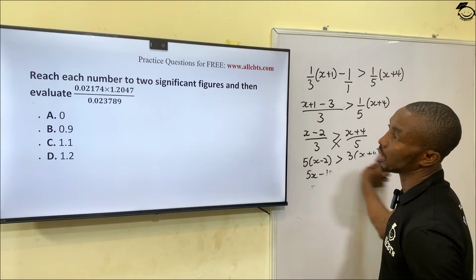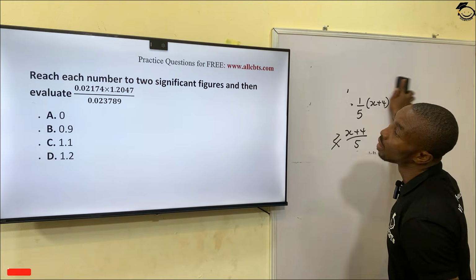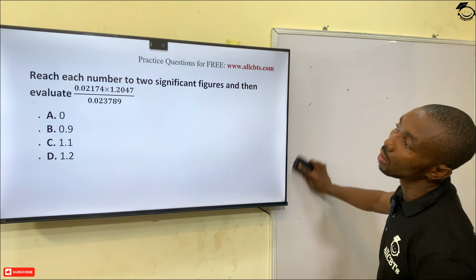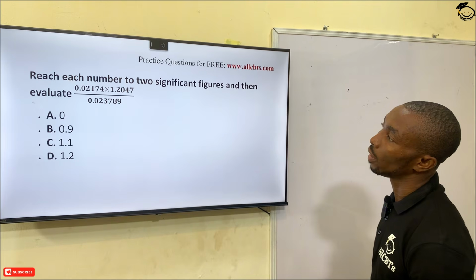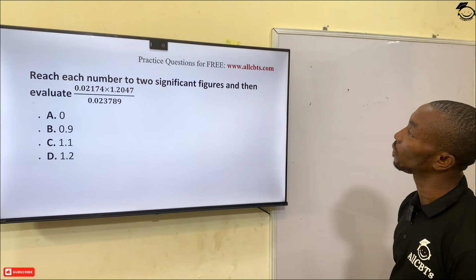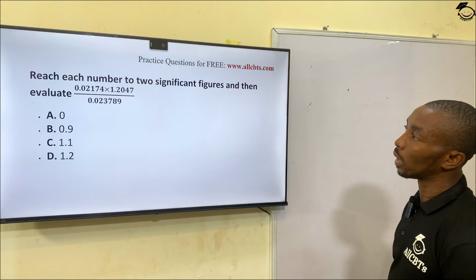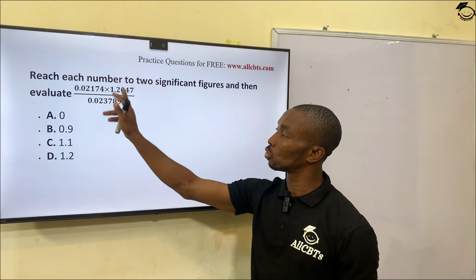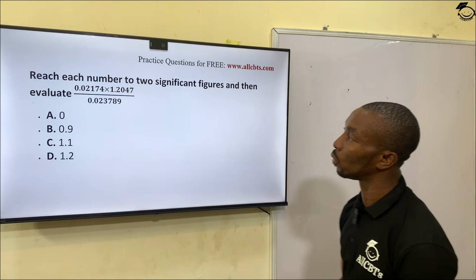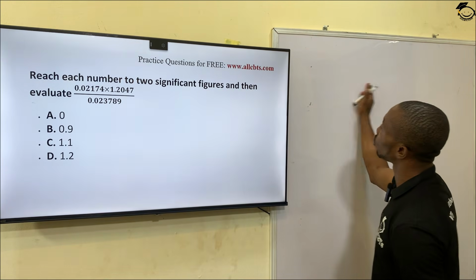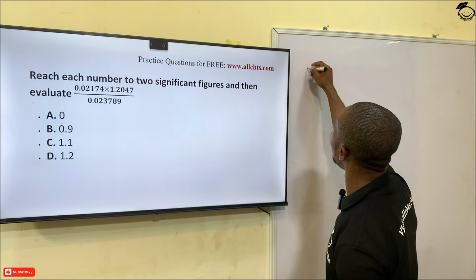Next, we are looking at each real number to two significant figures and then we evaluate. So we have to turn these numbers to two significant figures, then we evaluate them. Now, to two significant figures, we have